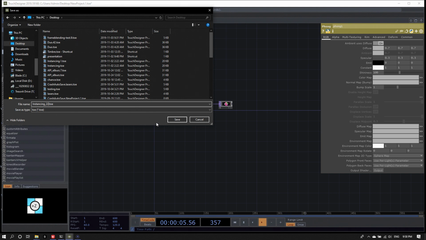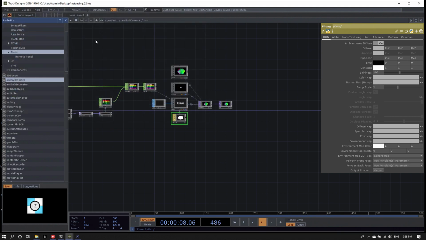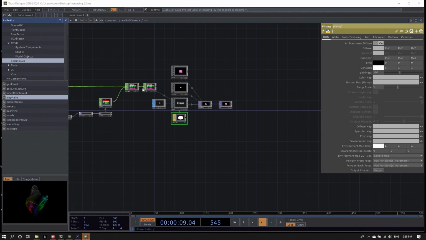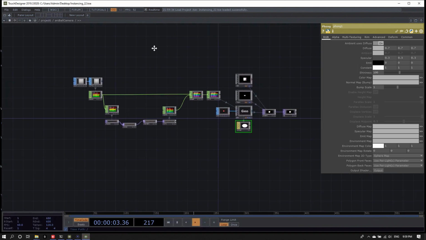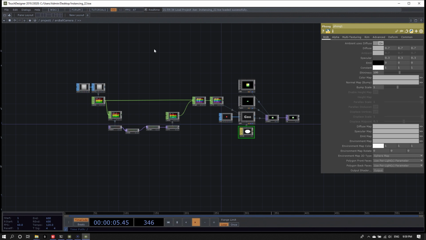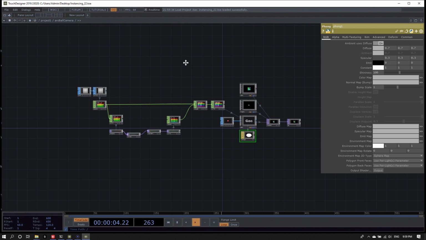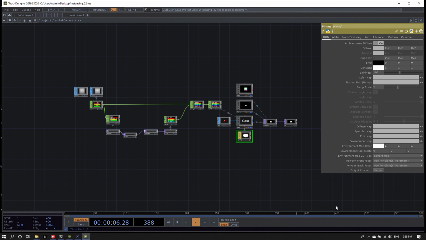Let's just say underscore 22 or something. Okay. So I opened up the file that we just saved in an experimental build. This one is the 2019.33020. That's the latest one that was published on the homepage as of November 1st.